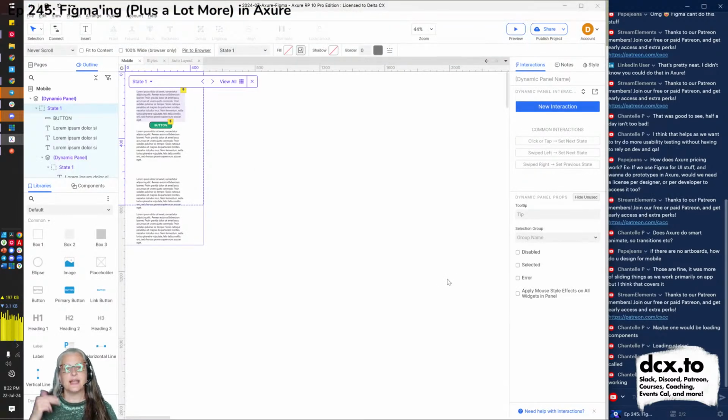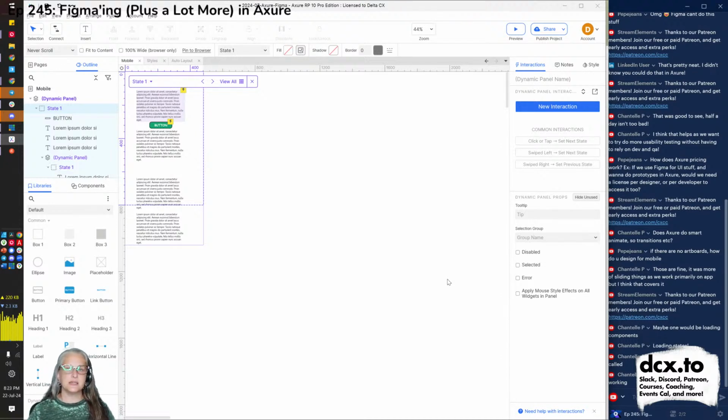So that's usually how I recommend designing for mobile. I would end up having some sort of fixed bit at the top for the top of the app. You may or may not have a fixed bottom piece. Like if you think about some apps have a fixed bottom navigation. So you might have a fixed top, you might have a fixed bottom, and then all the stuff in the middle can scroll. So you can do that.